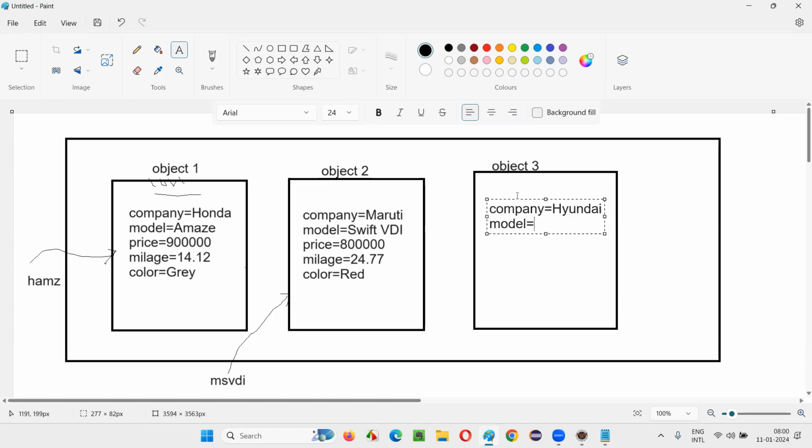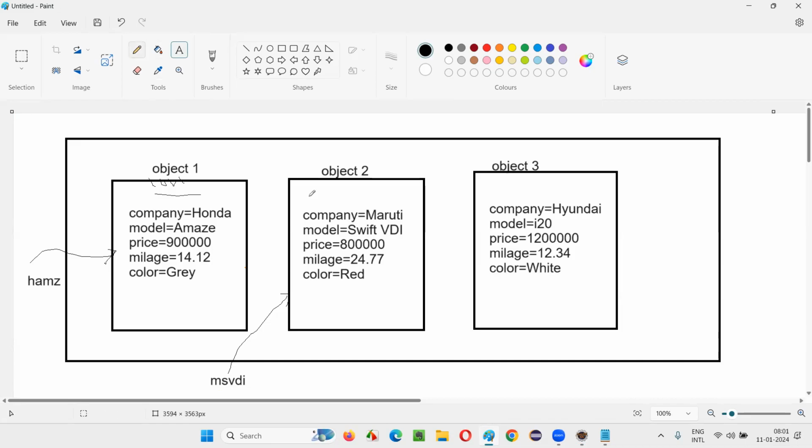Model is equal to i20. Price is equal to 12 lakhs. Then mileage is equal to 12.34. Color is equal to white. Like this, the details have been stored in the object memory.